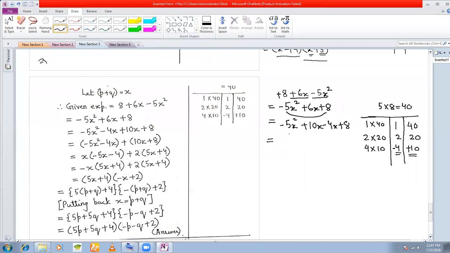So now what happens? I group these two together, minus 5x square plus 10x. I group these two, and the third and the fourth I group by taking the minus sign outside. The sign within the bracket changes. Okay, this sign will change because I have kept a minus sign outside. So now I'll simply take the HCF of 5x square and 10x, which is